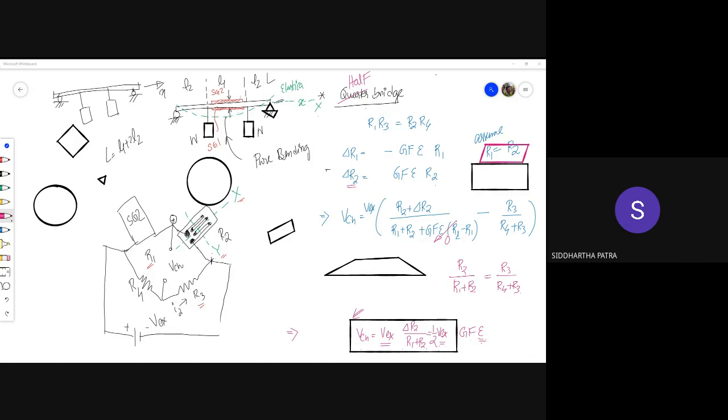the strain. Since we will only do the half bridge in today's experiment, I am not going into further derivation. It's not a very difficult derivation. You can simply put the idea that R4 and R2, you can get the delta R3 and delta R4, assuming delta R4 would be positive and delta R3 would be negative, and if you substitute all of those, you'd get the idea what sort of expression you get.